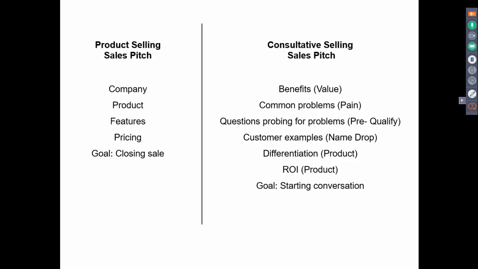Now, the thing is that most salespeople are on the left because the left is easier. You know what you sell, you know where you work, and you can talk about that stuff without really putting any thought into it. To really communicate on the right, you have to stop and organize your thoughts, and that takes a little bit of time, a little bit of brain power.